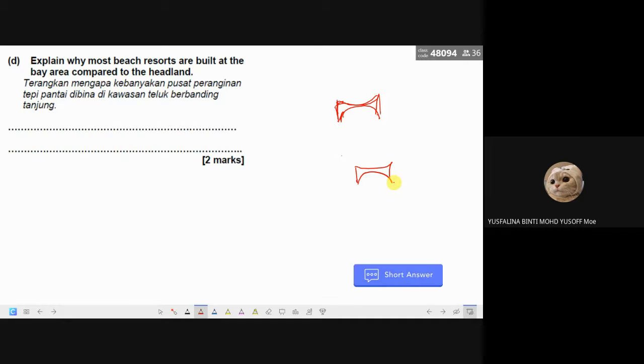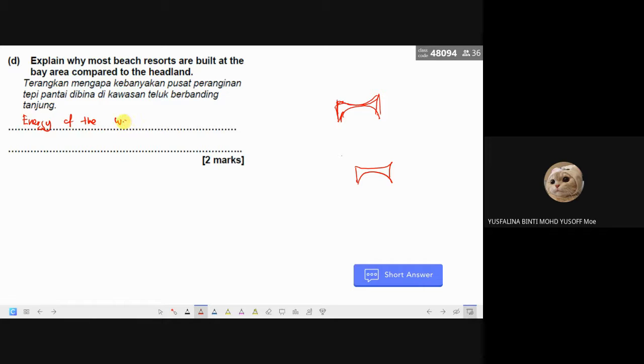So when it spreads out the energy of the wave into a bigger area, the energy will decrease. When the energy of the wave decreases, the water will become more calm. That one is actually for 4 marks. What if it is only 2 marks? Then what you can say is you just put the energy of the